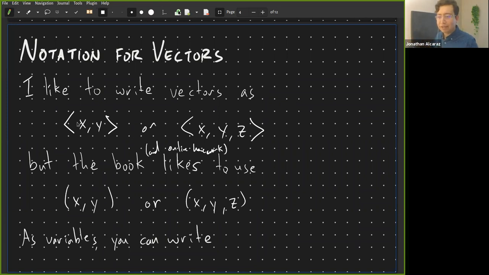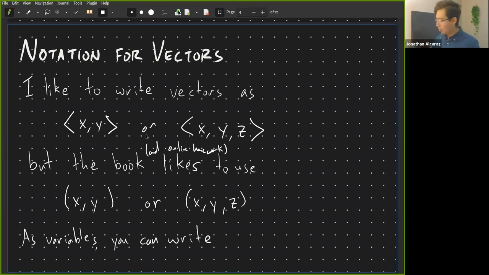So if you're in lecture and you see me writing a bunch of angle brackets, and you do the online homework and there's not an angle bracket in sight, don't be too thrown off by that. It's just a difference in notation. And if I do diverge from the book, I will try to highlight it like I do here. Okay. And another notational thing: this is if you know the coordinates,